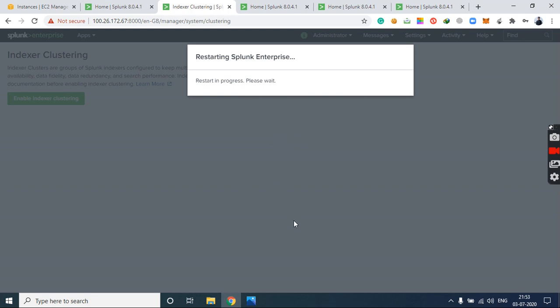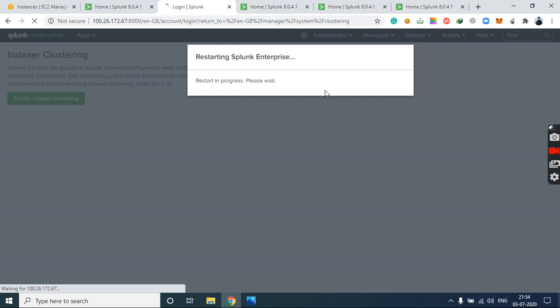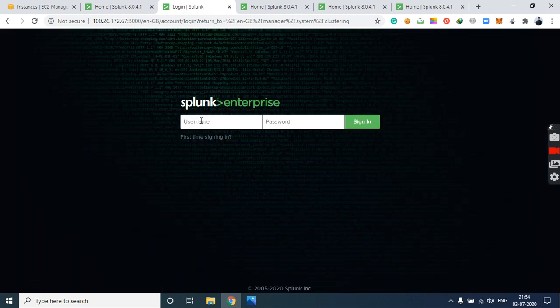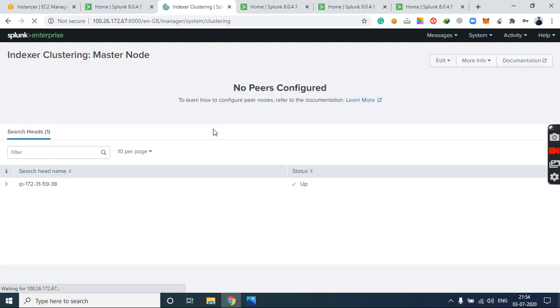Now the second step is that we have to add the peer nodes to the master node. Once this is logged in, let's log in again into the master node. We have configured our master node.